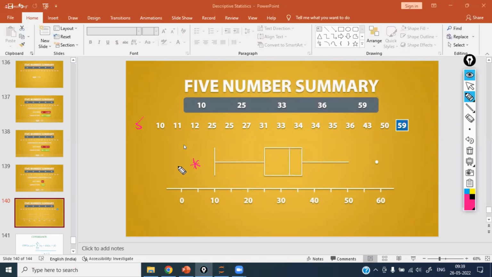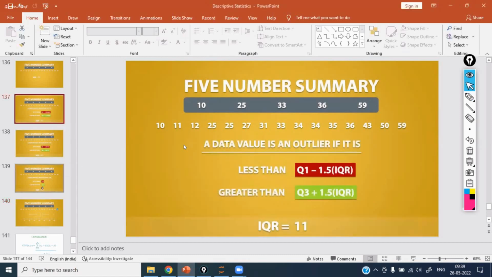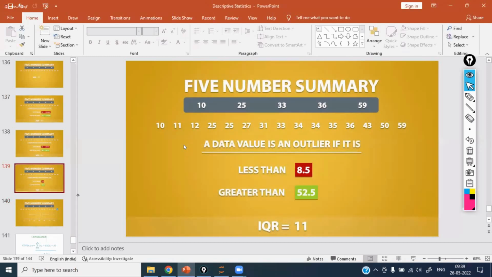Left side outliers will be there, right side outliers will be there. Both side outliers will be there. Lesser values are also outliers, greater values are also outliers. In my particular example, for my given data set, any value less than 8.5 is considered an outlier. These are the data points. For example, if you have selected any randomly,